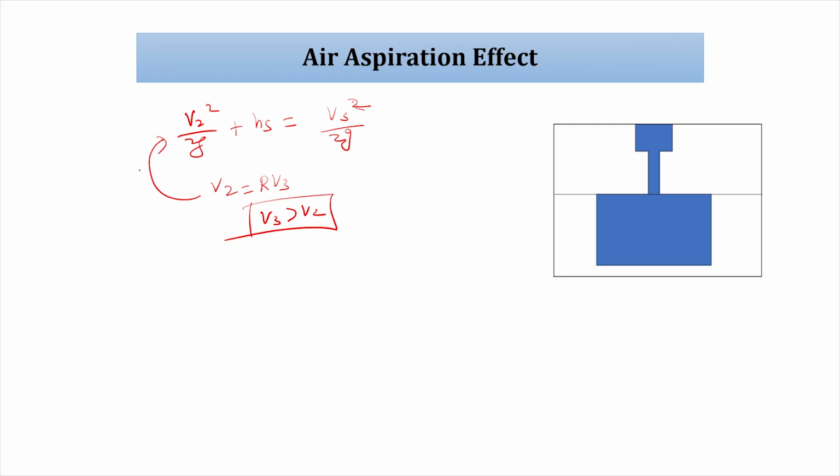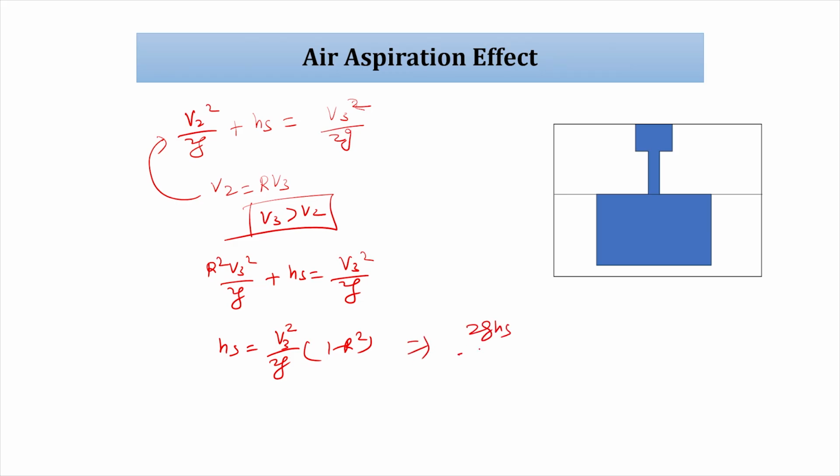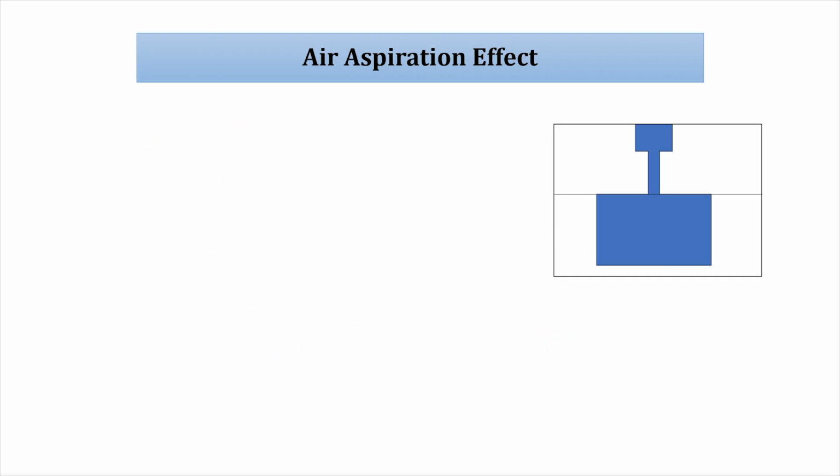So, incorporating, R square V3 square by 2g plus HS equals V3 square by 2g, so HS equals V3 square by 2g times (1 minus R square). That we can write as 2g HS divided by V3 square equals 1 minus R square. What is V3? Bernoulli